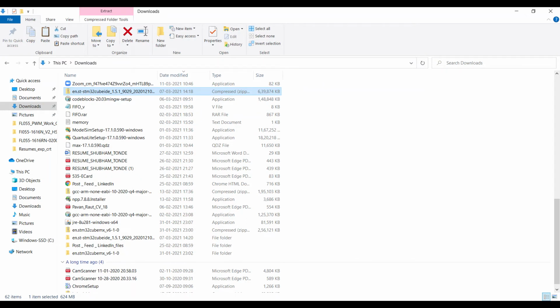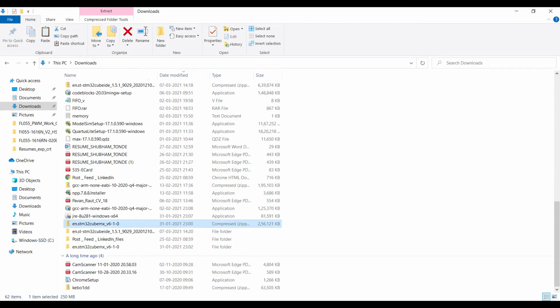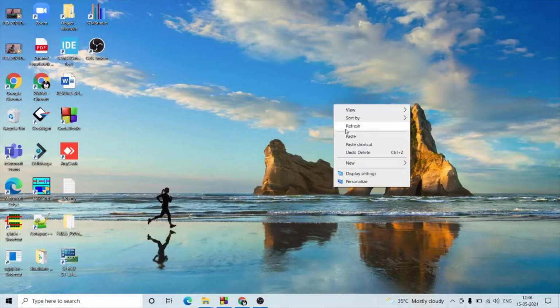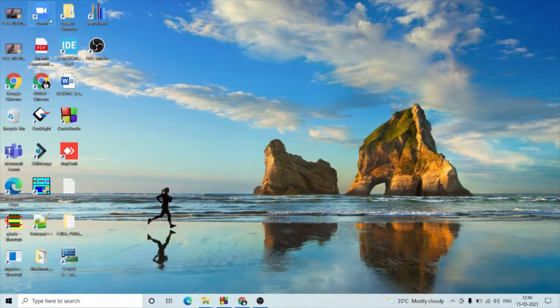As you can see, this one is the CubeIDE, CubeMX, which we have downloaded. First thing, you need to unzip that file and click on the application file. So it will get installed. Right now we have successfully installed the Cube IDE.